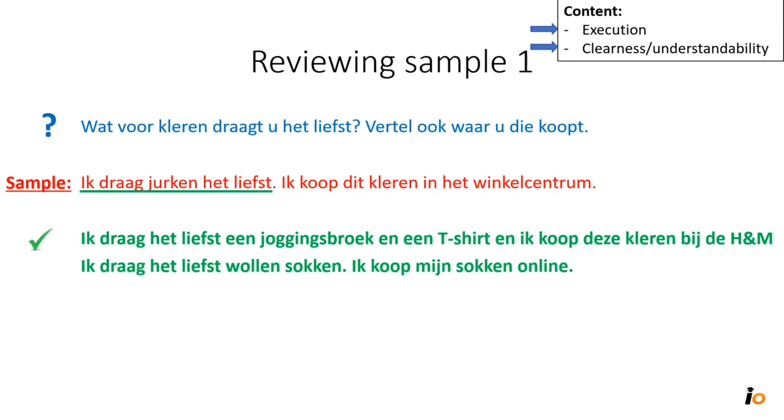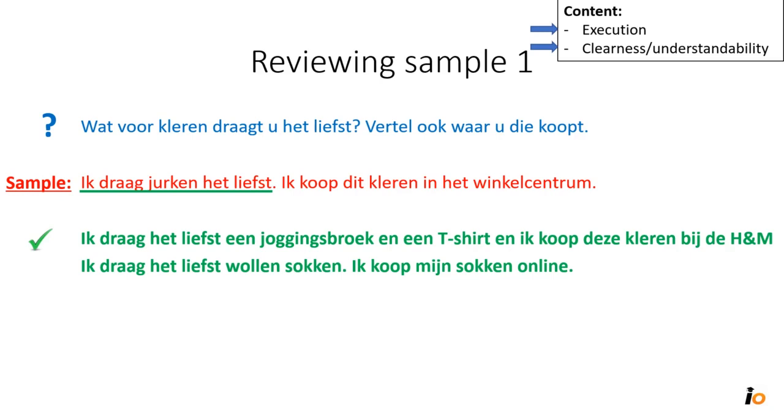The answer to that question is: ik draag jurken het liefst. And here there is a small issue in the grammar, but we're not looking at grammar now. We're looking at the execution of the exercise. So did this person understand the question and did she choose a correct answer to it? And I think ik draag jurken het liefst, I can easily see that she wants to say I prefer to wear dresses, which is a perfectly fine answer